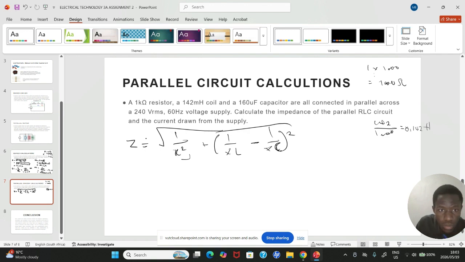For us to calculate this, we say it equals 2 pi f L, which is 2 pi, our frequency is 60, times 0.142. 2 pi into 60, I'm sure you're punching with me, then 0.142 to give us 53.53. The second one is this one, 1 over